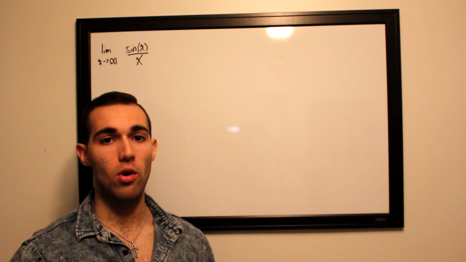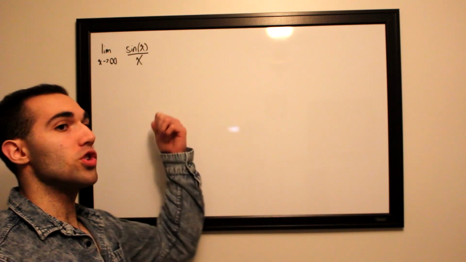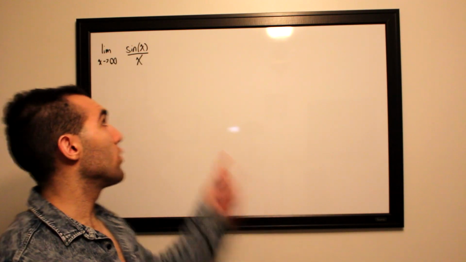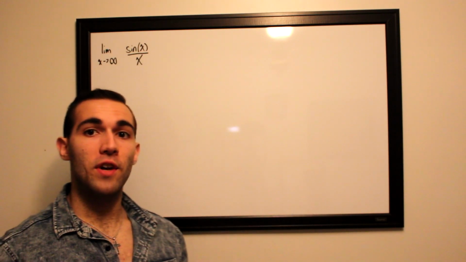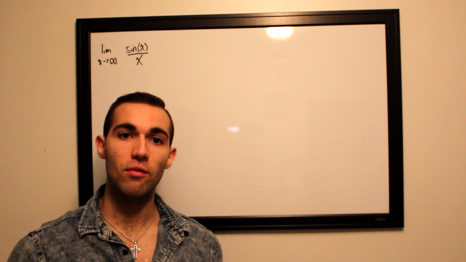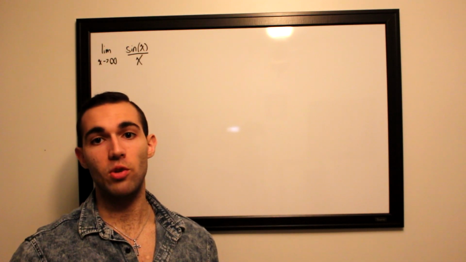or 0 over 0. Now the issue over here is that if x were to grow larger and larger and larger, the denominator is going to grow to infinity. However, the numerator is not going to grow to infinity because the sine is constantly oscillating up and down between -1 and +1. So because of that, it's not an infinity over infinity or a 0 over 0 kind of